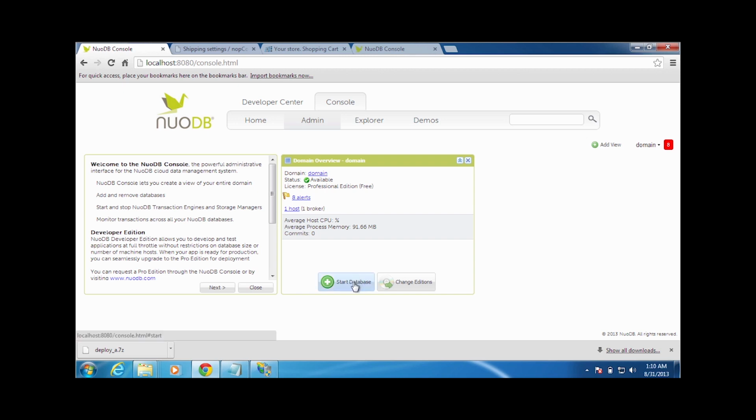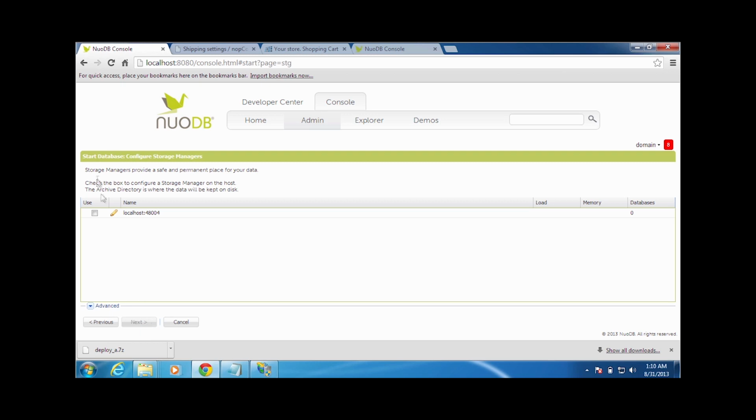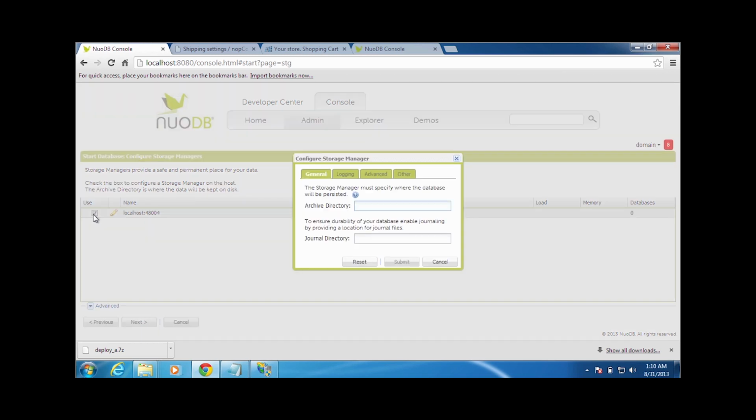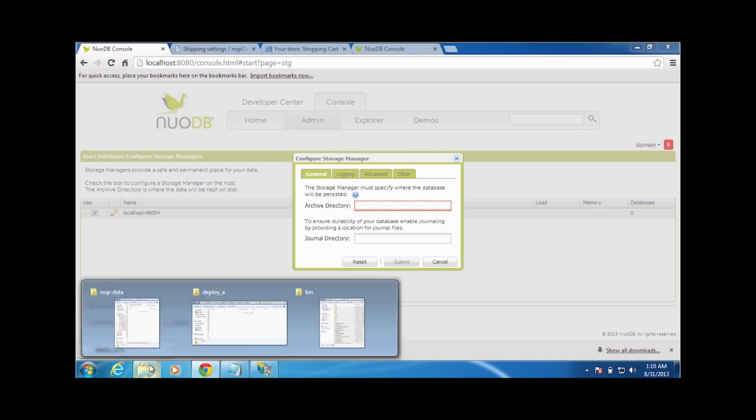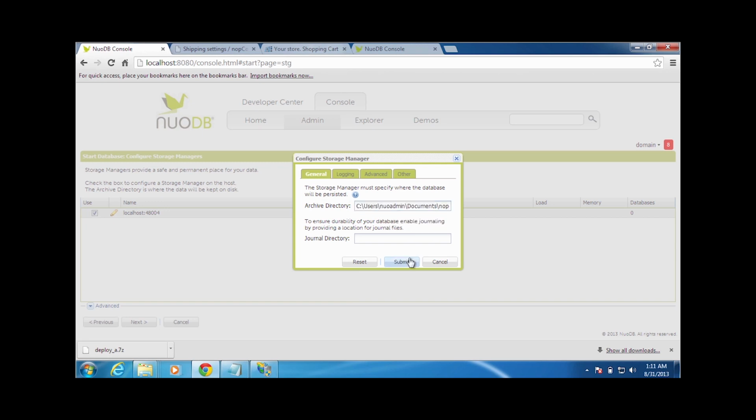But the first thing that we're going to do for right now is start a database, and we'll call that database nop. Hit next, and what it's asking for right now is a location where we can actually save or persist the data for nop, and we're going to use just a directory that I've set up in my documents here. All right, copy that, paste that in here, hit submit,